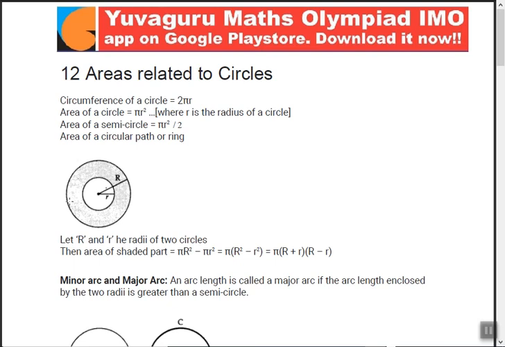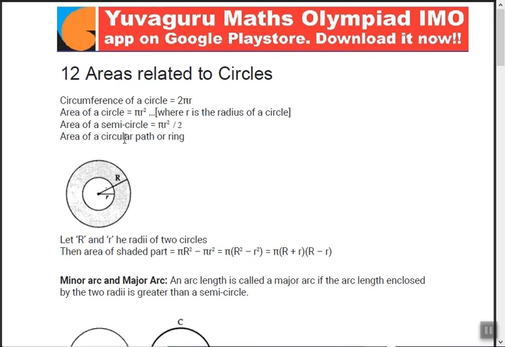Area of a circle. Area of circle means everything within the circumference. So that is known as pi r square formula. R means again radius, same logic. Now area of semicircle. Semicircle means half. Semi means half. So circle is pi r square, so semi will be upon 2. So pi r square upon 2.